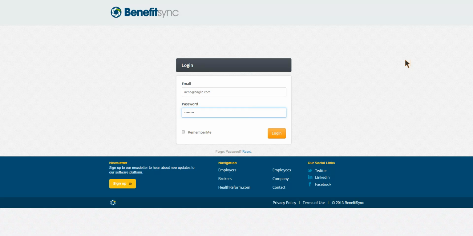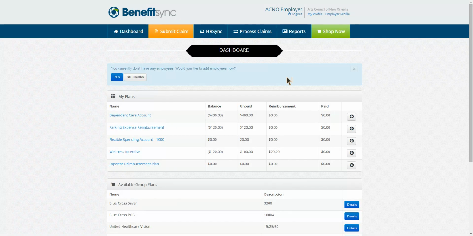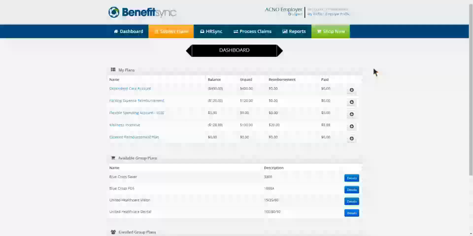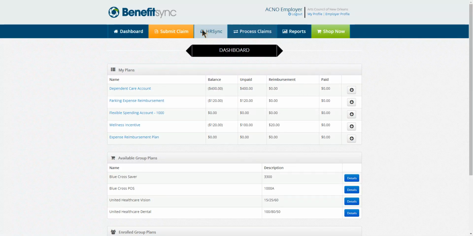And as an employer is also an employee. So first off, it's asking me if I wanted to add any new employees. That's a unique view and access that an employer would have. Just like an agency can create additional agents, an employer can create additional employees. But we're not going to do additional employees right now. And we are looking at the dashboard, which is identical to what an employee dashboard would look like, with the exception of some of the tabs here at the top that only an employer has access to that an employee would not. So first off, the dashboard is where we are right now, and this is what an employee would